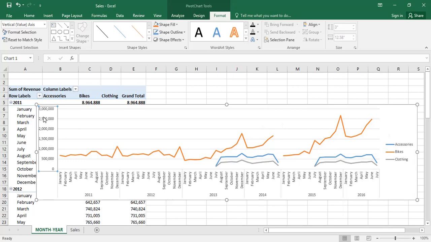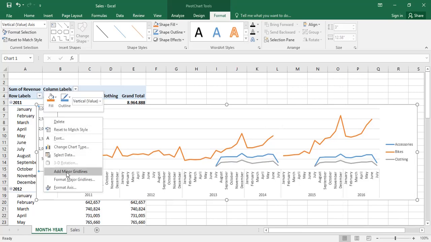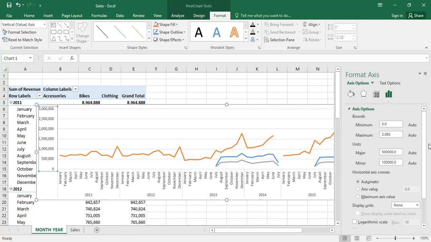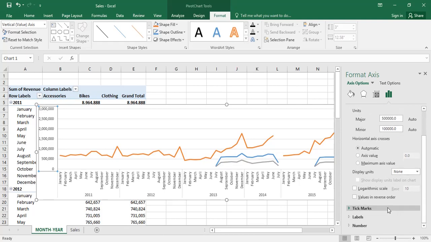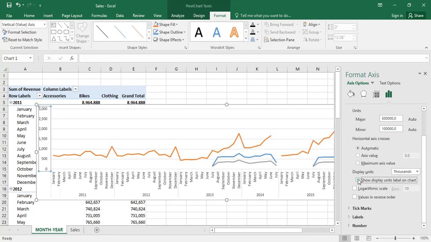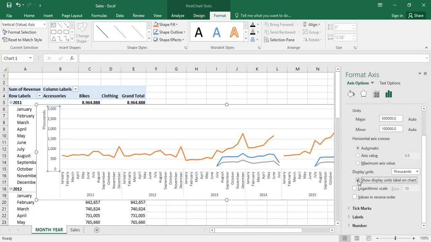You need to click right here and then click format axis. Okay, so as you can see here, we're going to format our axis. As you can see, we need to display units. I want to display thousands, and then you can choose to show the 1000 or not, but I think the 1000 should be visible, so that people should know that this is 3 million, not 3000. Okay, now